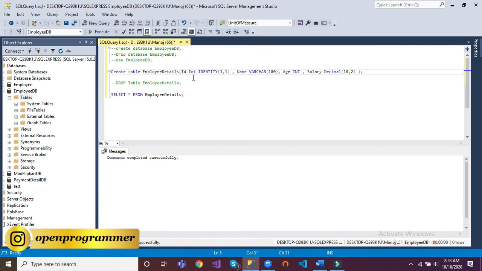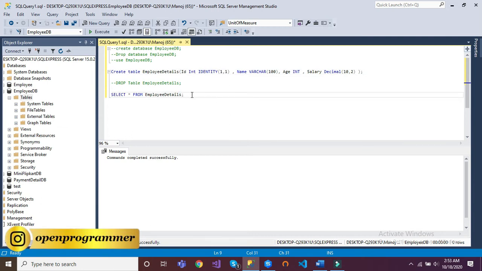It will be auto generated by the SQL server, right? That is the use of identity. And what is this 1 comma 1? 1 means it will start the ID serial from 1, and this second one means it will increment by 1 in this particular serial. It means it will start at 1 and increment by 1 for each new row.